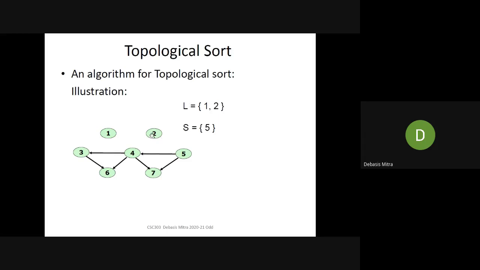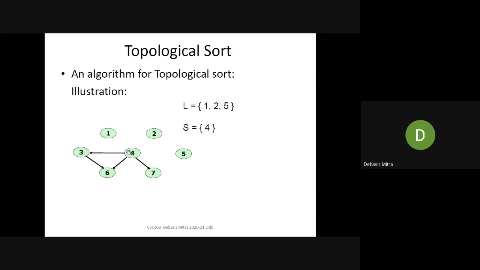And now see, it will decrement the in degree of 4 and in degree of 5. In the process, the in degree of 5 has become 0, so it will be included in the list S. Okay. So next I will pick up 5 and I will remove all the outgoing edges from 5, and by doing so I find that in degree of 4 has become 0, so it will be included in S,